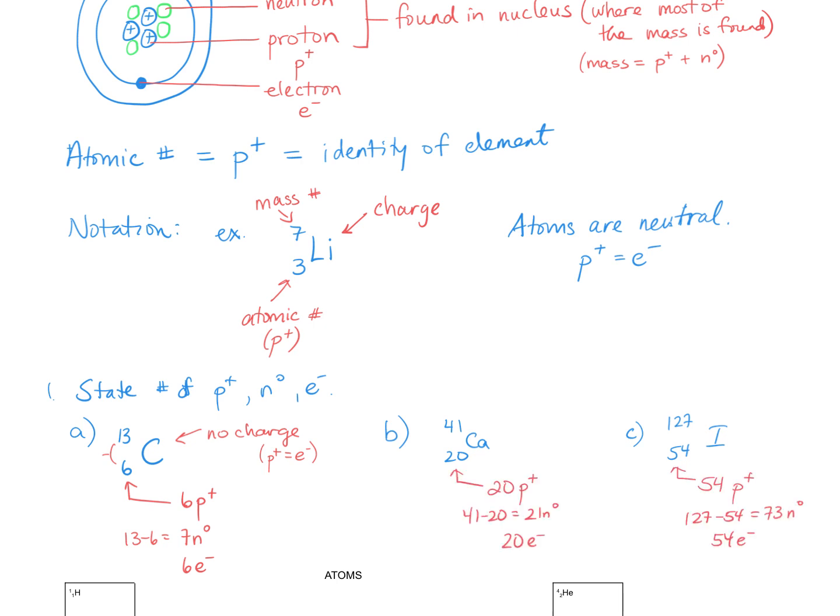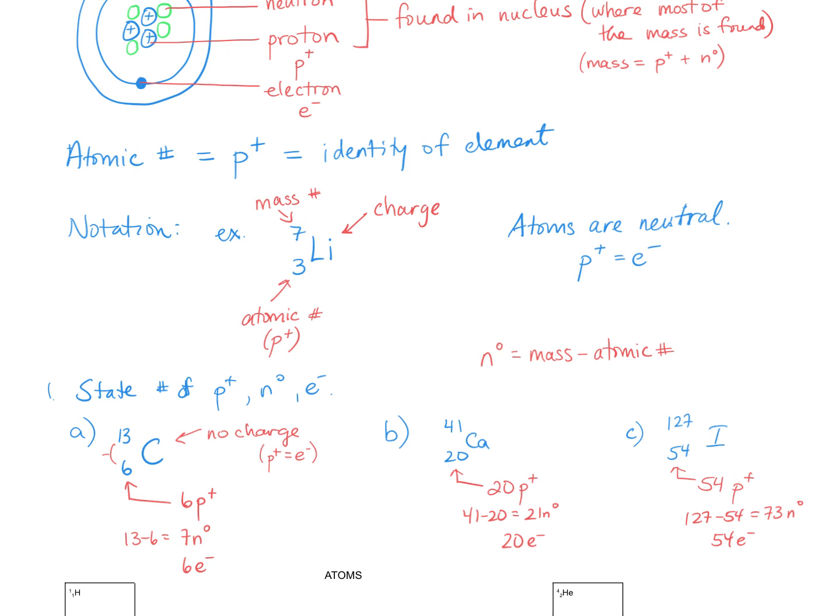Okay, so to check your answers, atomic number tells us the number of protons, 20 protons. We subtract here the mass minus atomic number. I'll just write what I'm doing here. To find the neutrons, I'm doing the mass minus the atomic number. Remember, the atomic number is the protons, and the mass comes from the sum of the protons and neutrons, so you can find the neutrons by doing mass minus that atomic number. So 41 minus 20 gives us 21 neutrons, and then again, no charge here, so the protons and electrons are